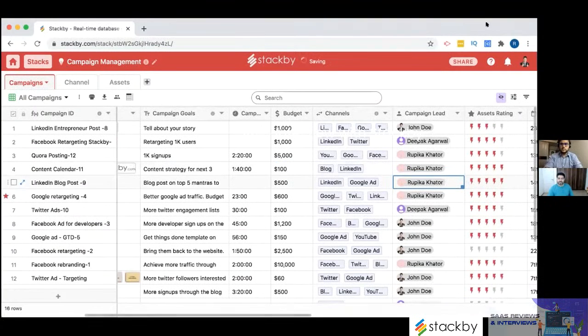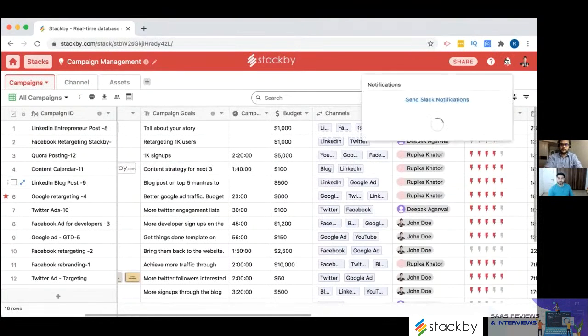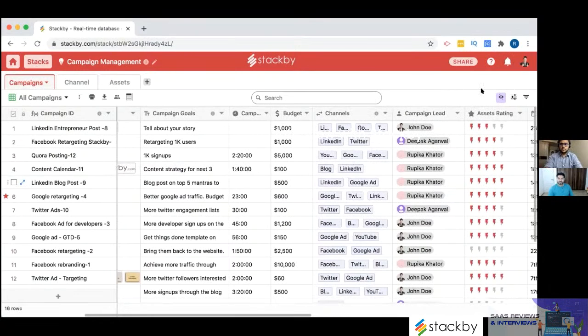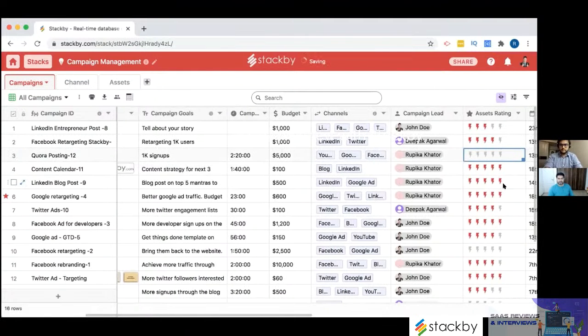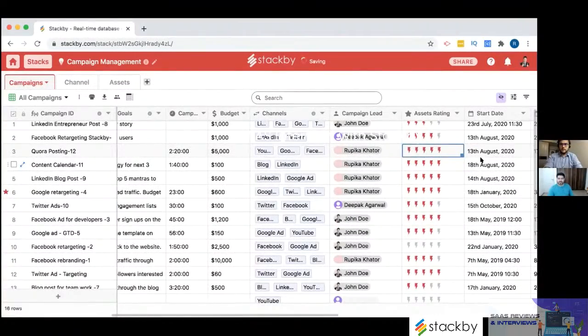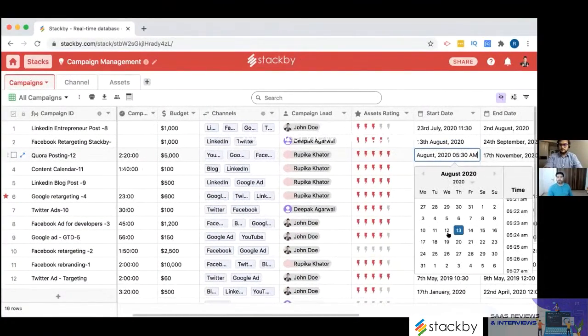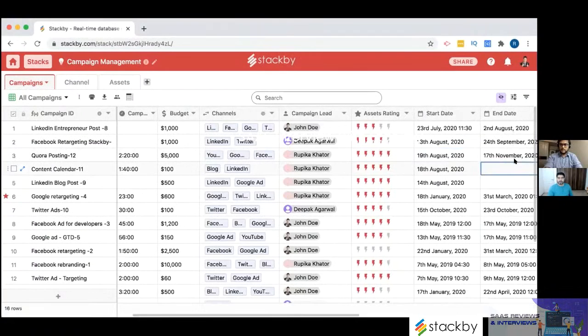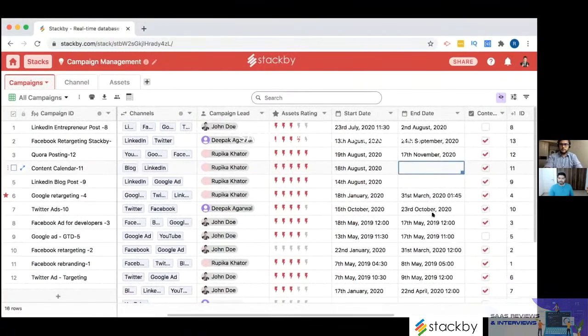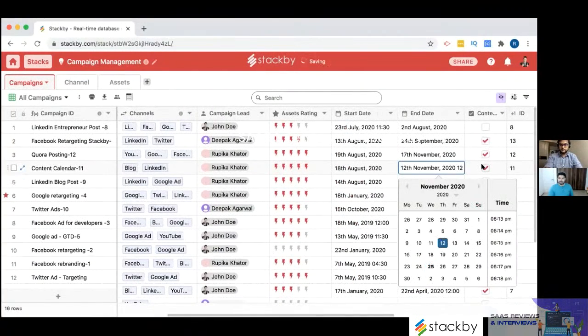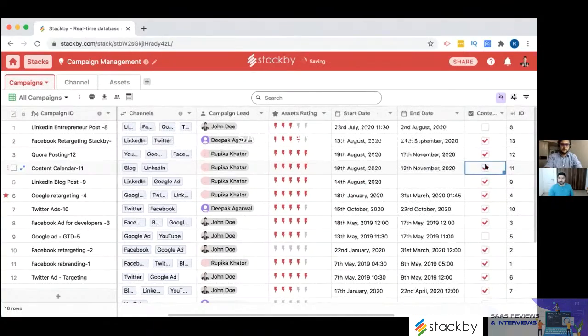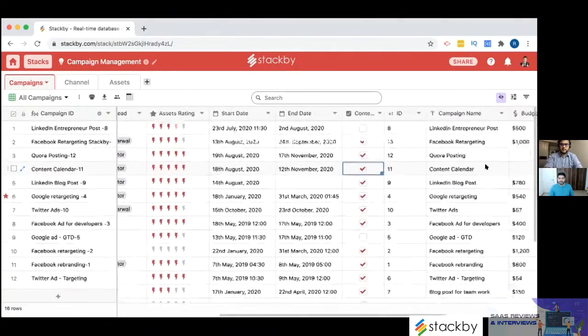As soon as you assign people, they will get a real-time notification saying that, okay, we've added you to the record. Then you can add ratings, start dates or end dates, like a date time column type. So you can add checkboxes.